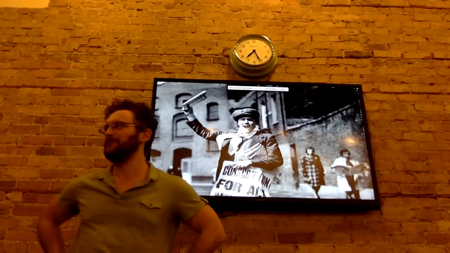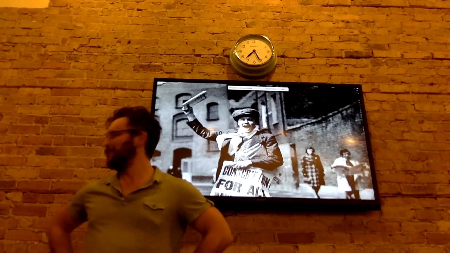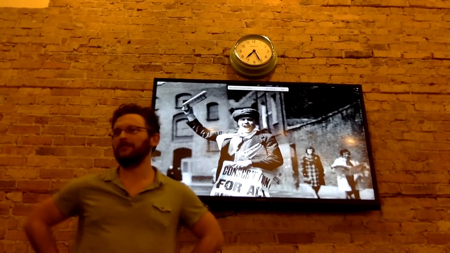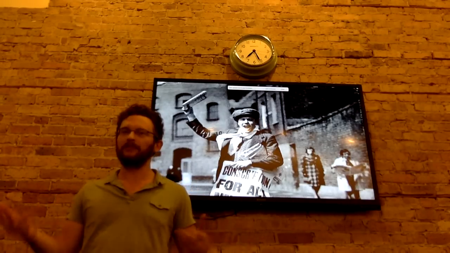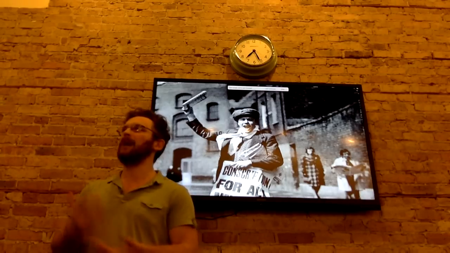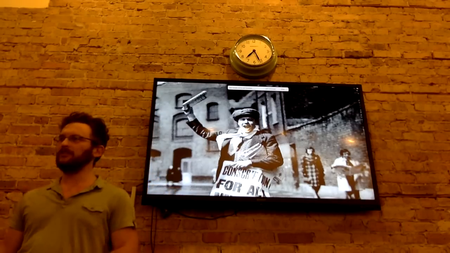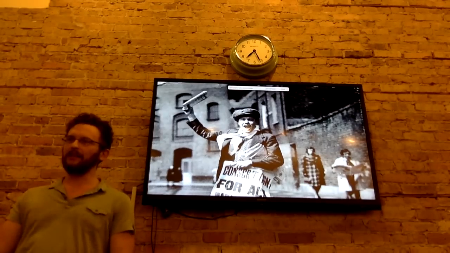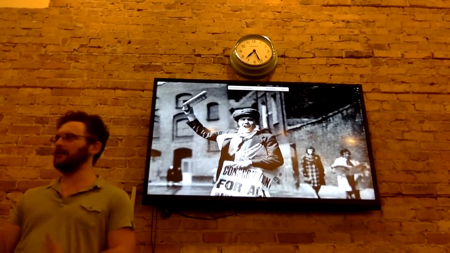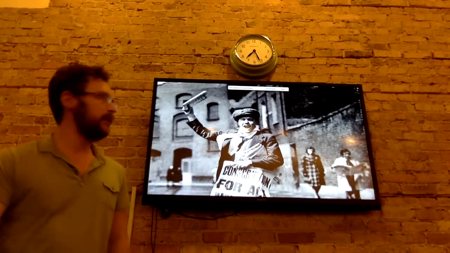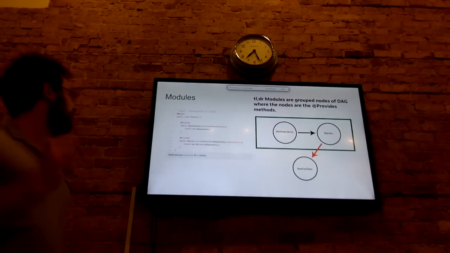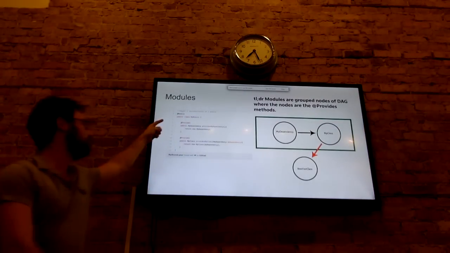I don't know if newspaper boys really do that, but say there's some arbitrary grouping of information or instances or classes, whatever, that they provide. When speakers talk about modules, one of the things I feel like they always skim over is that a module is some arbitrary class which represents some kind of layer in your application. I'll get to what I mean by layers later, but in this case, this is the actual implementation